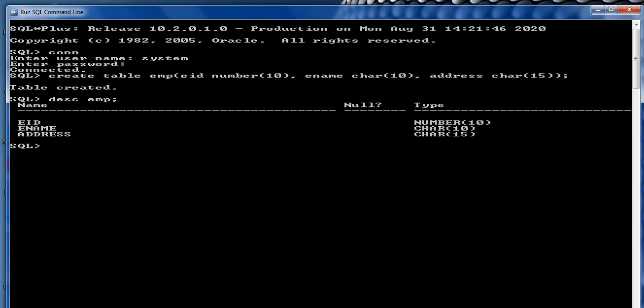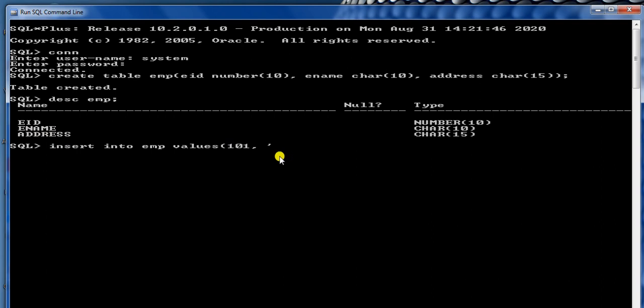To insert the data, we have to use the command like insert into table name, okay, and then specify the keyword values and then bracket open. After that, specify the values for the columns. So we have to specify the values in order the columns declared in the table. So first column is employee ID, so specify the value for employee ID here. I am specifying the employee ID as 101, comma, then ename, give the ename.